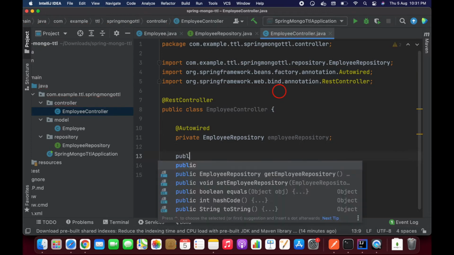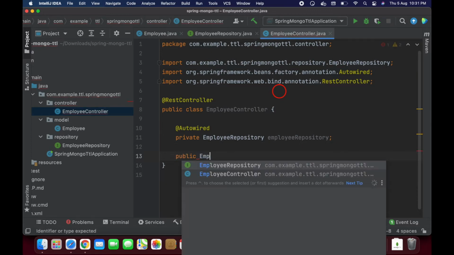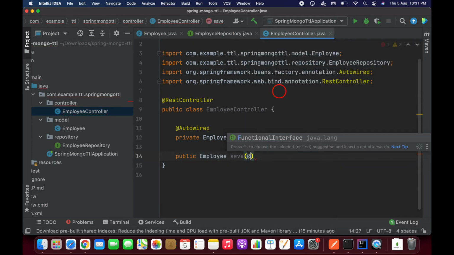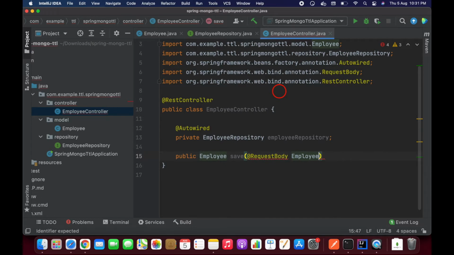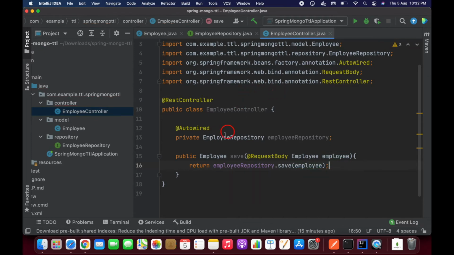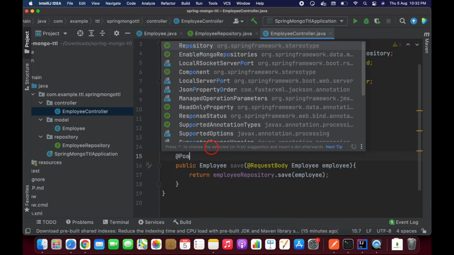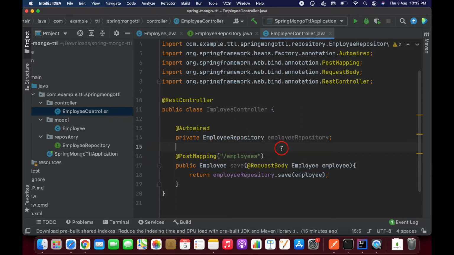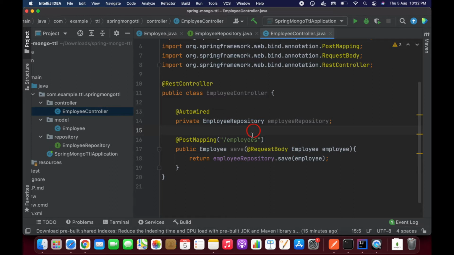So let's add one method. And let's add PostMapping here. Let's provide some endpoint name. So I'm going to take it as employees. Okay, that's it, guys. So this is going to save the employee data into MongoDB, right?